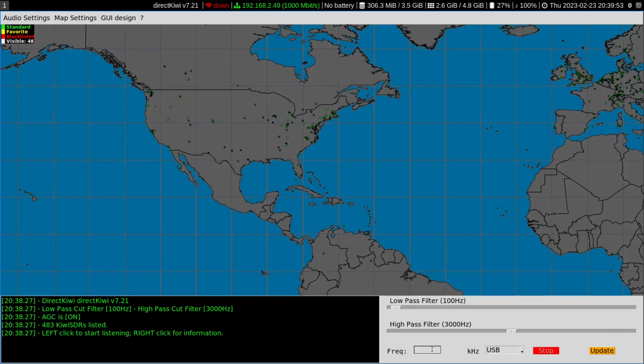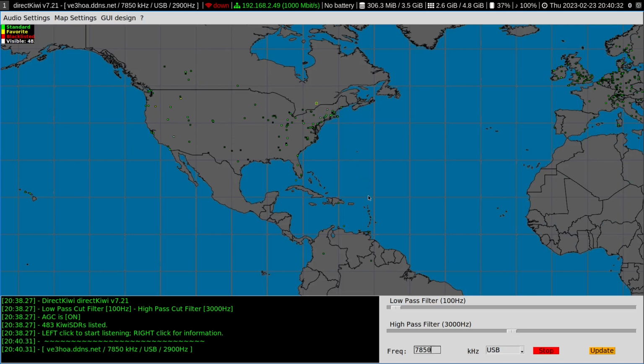Frequencies are entered here. It is important when you are opening up streams from these SDRs that you have a frequency here first. So let's try 7850, the frequency for CHU, and an upper sideband. All right, so there's a frequency, there's a mode, and I know the database is up to date. I used it earlier, and it will group stations that are physically close together under one dot on the map. Let's open up